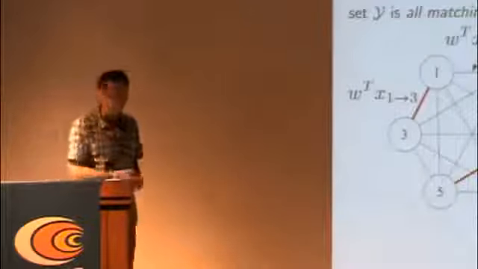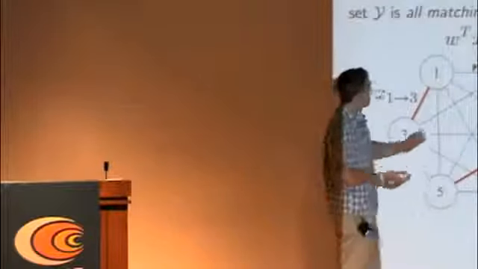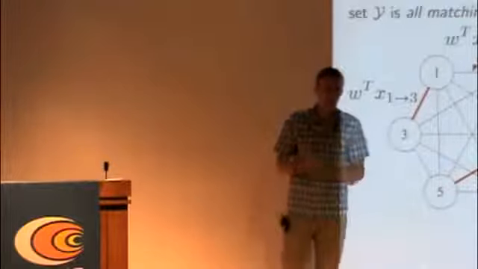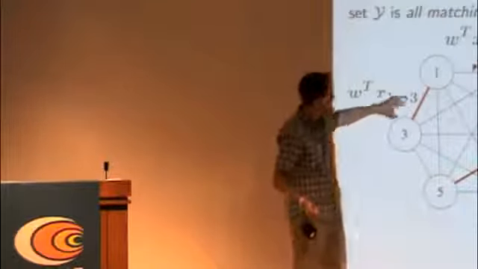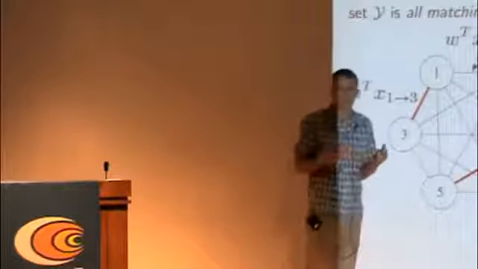A slightly more complicated one. Protein structure prediction. What we're going to do is say there's a complete graph over all of the cysteines in our protein. Those are the amino acids. And we want to predict the edges. We want to find a matching in this graph that's somehow maximal.